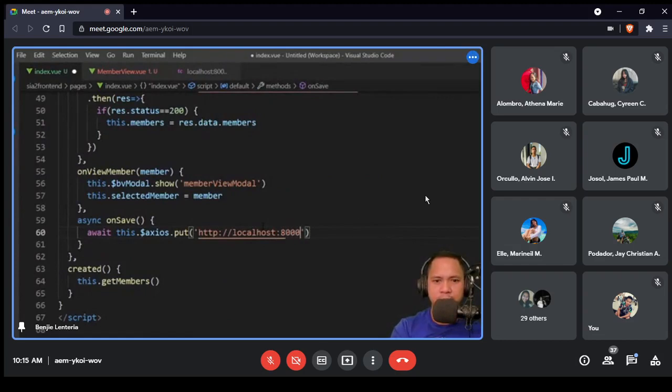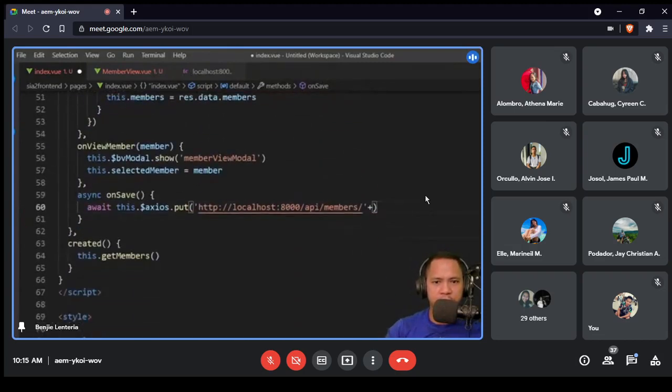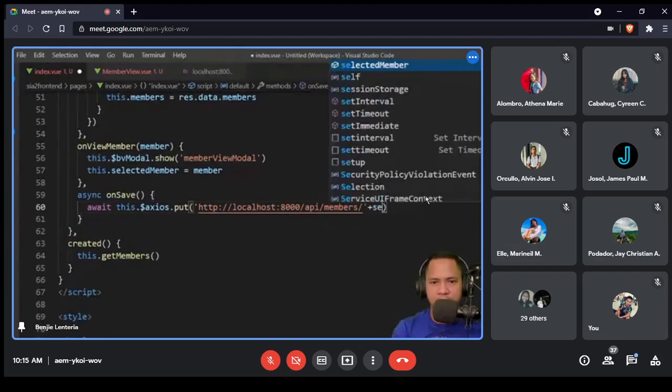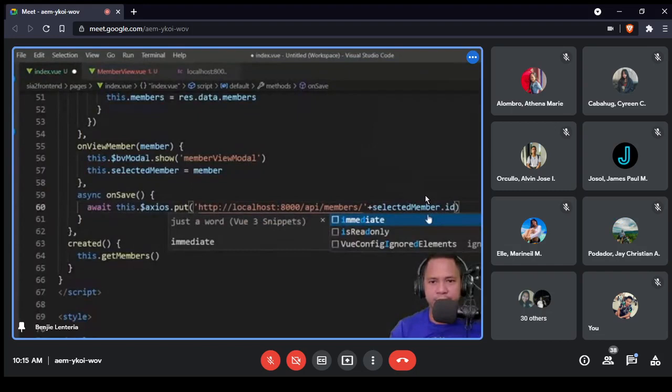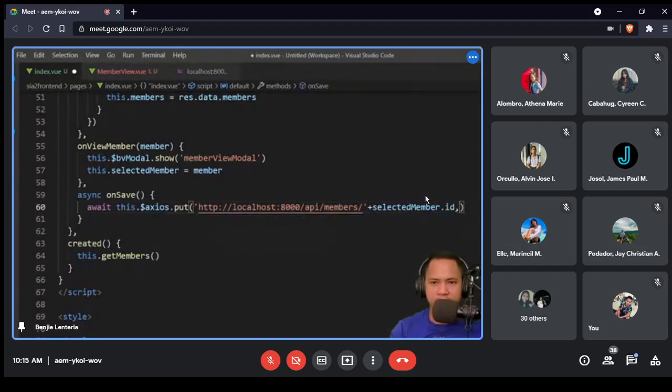http://localhost:8000/API/members, and here we pass in the, not current member, but the selected member, that ID, and then here we pass in our data, and that data is of course the selected member,